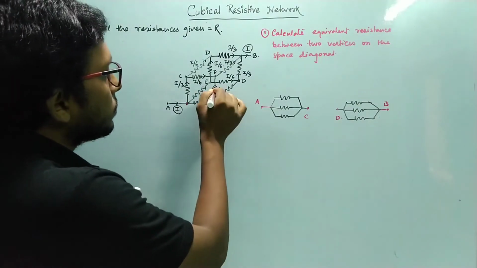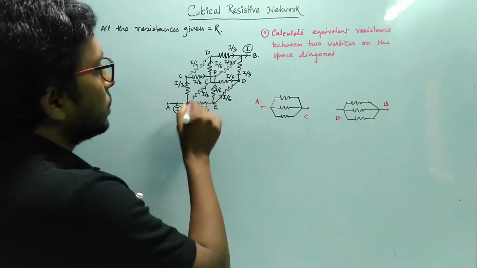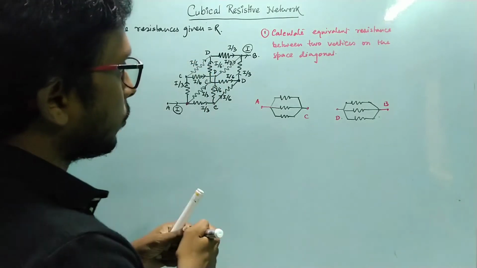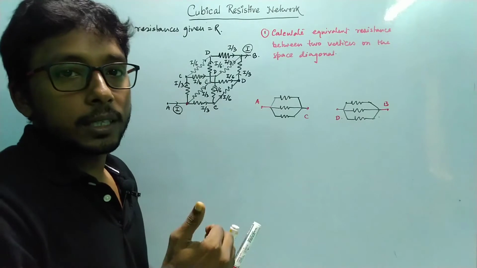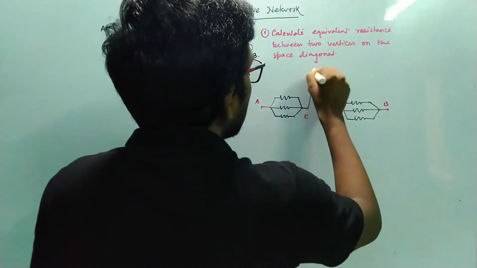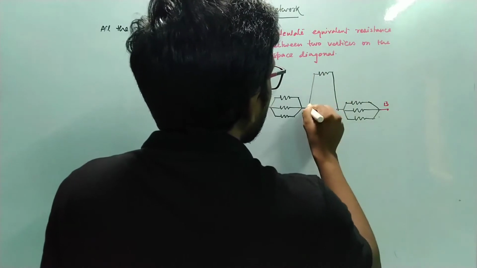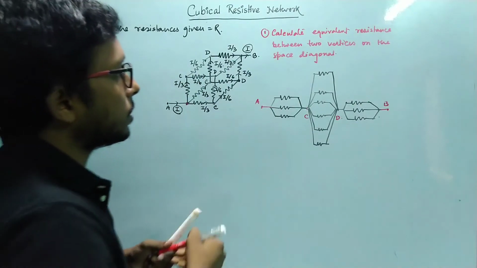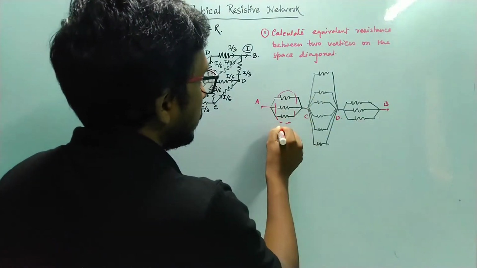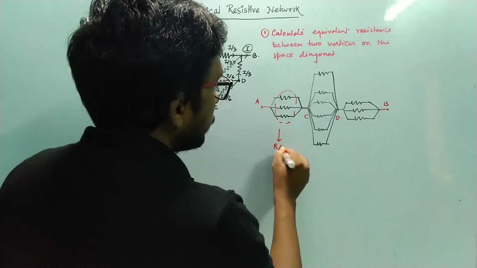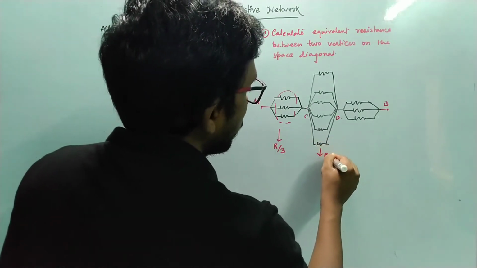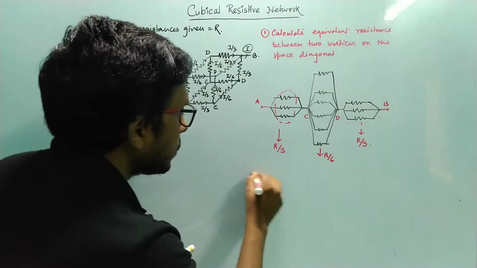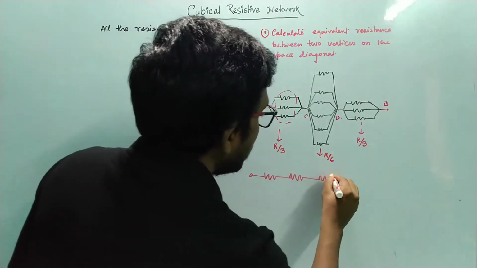and in between C and D you can see there are 6 resistances. From this C, this is CD, this is CD, from this C 1, 2, and from this C 1, 2. So in between C and D there are 6 resistances in parallel. So I can draw like 1, and values of all these resistances are R. So if here 3 resistances are in parallel combination, then their equivalent will be equal to R by 3. For this 6, the equivalent will be equal to R by 6, and for this 3, the equivalent will become R by 3.